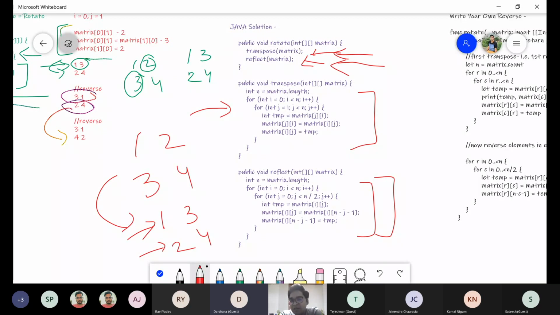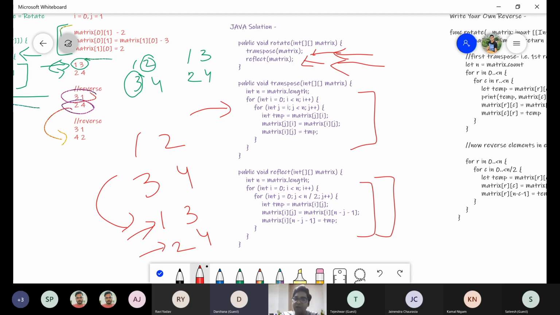So in this logic, why are we taking j equal to n by 2? Because we are basically considering n minus j minus 1, which is the last element, and the first element. We can directly reverse, so we just need to iterate till the middle of the array. So this could be a logic, or you can write a simple logic as per your understanding, where you just take the first element and last element, reverse them, then decrease i and j, and you can write the complete logic also. That could be another approach.